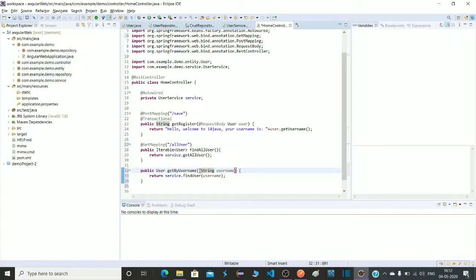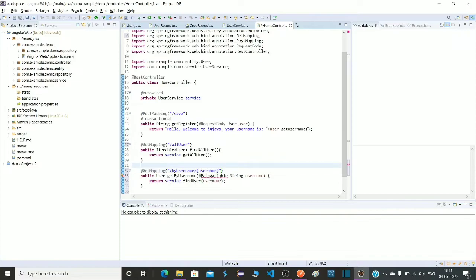For that we are using the @PathVariable annotation, and it will come from the URL. So @GetMapping, byUsername, slash, here username.